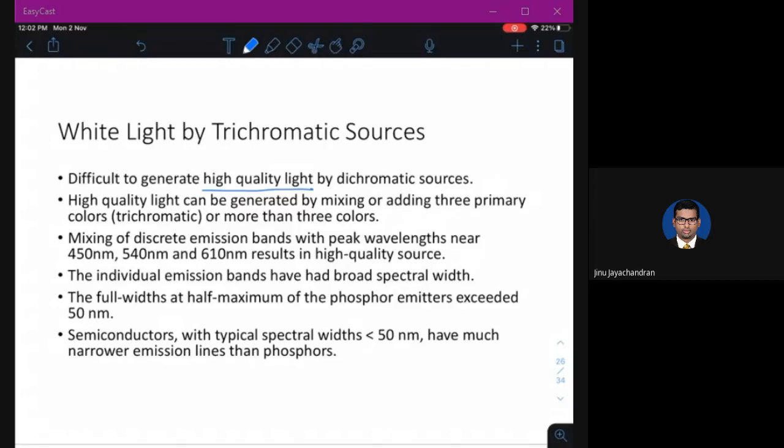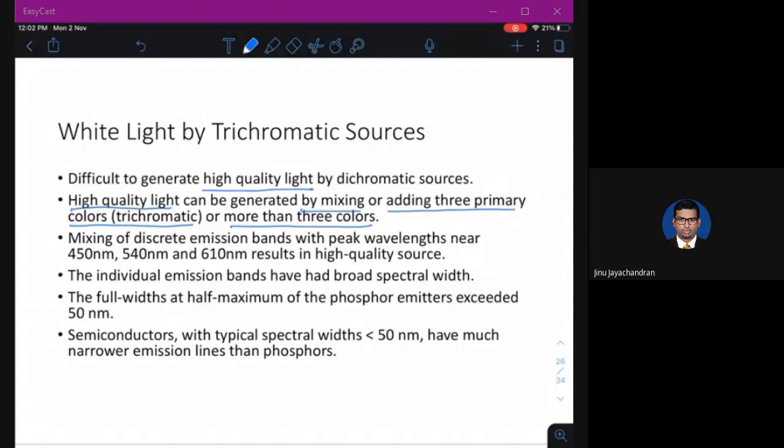Dichromatic sources have a very poor color rendering index, so you cannot use them where you need high quality light. Instead, we go for trichromatic sources, where high quality light can be generated by mixing or adding three primary colors, or more than three colors.